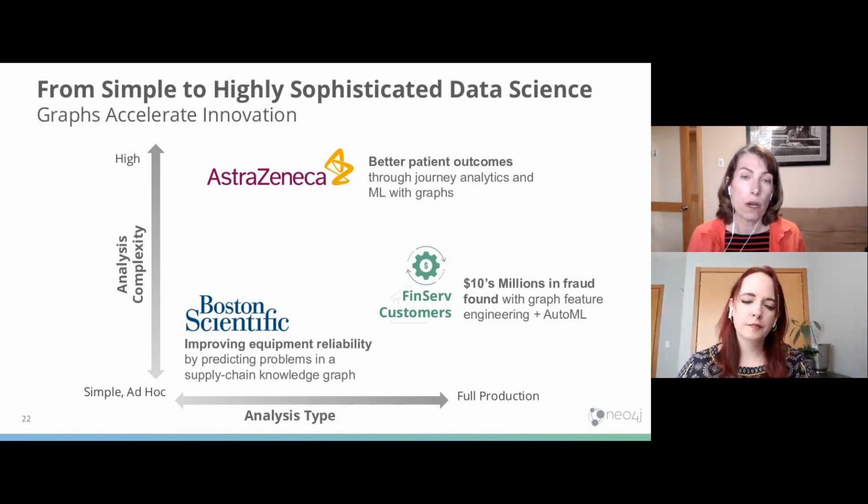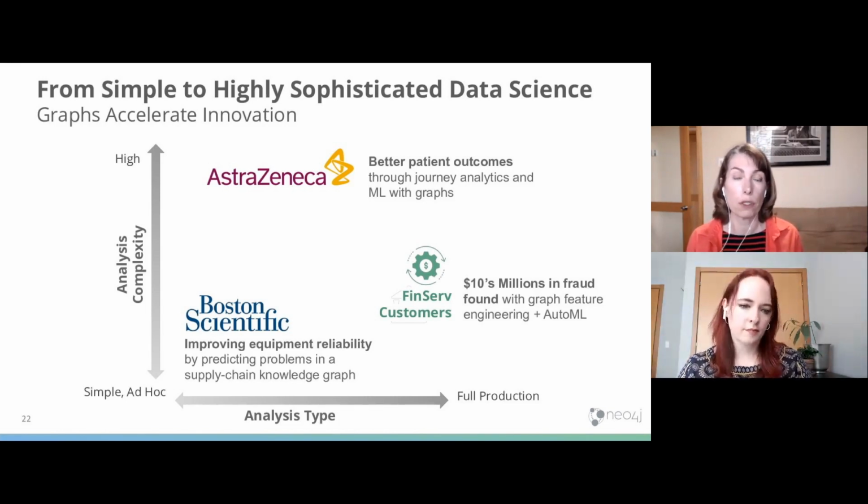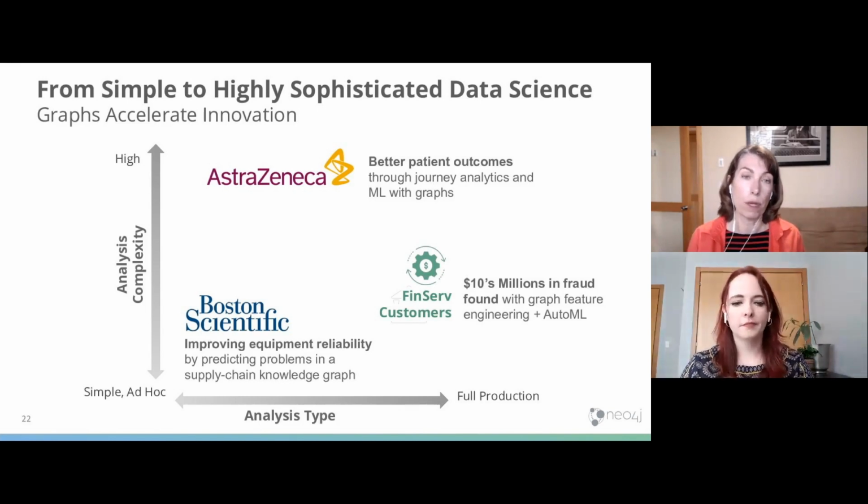And so there's a couple customers we like to talk about because they span a different spectrum, from analyses that are a little more simple and ad hoc to something that has to be more advanced, has a lot of complexity, or has to be ready for full production, has to have that robustness and be able to integrate. And Boston Scientific is a great example of more of an ad hoc use case,